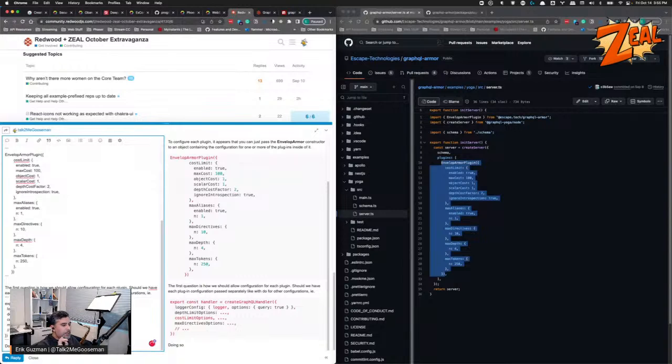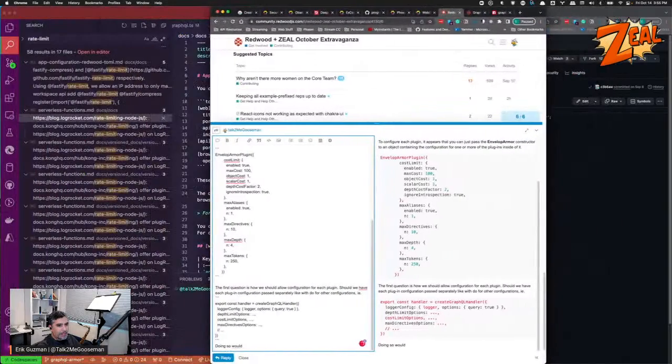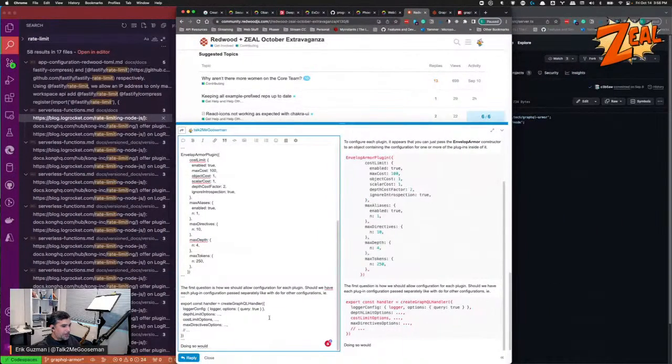So then doing so would... Oh, I just realized I'm blocking everything I'm typing out. Well, I guess you could see the preview on the markdown, but whatever. Doing so